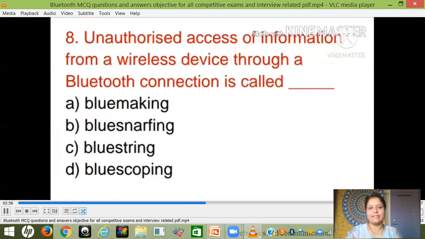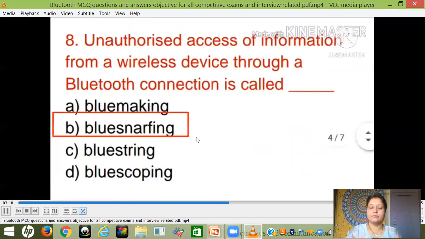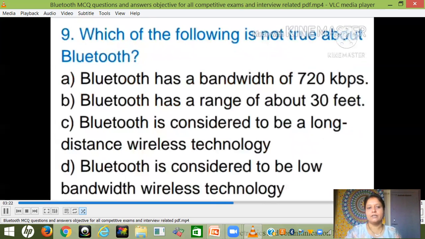आठवां प्रश्न है: Unauthorized access of information from a wireless device through a Bluetooth connection is called as what? यानी कि ब्लूटूथ के माध्यम से कोई आपके डिवाइसेस को एक्सेस करने की कोशिश करना, आपके डिवाइस को हैक करने की कोशिश कर रहा है, तो उस स्थिति में उस प्रोसेस को हम क्या बोलते हैं? तो उस प्रोसेस को हम ब्लू स्नैफिंग बोलते हैं, यानी कि ऑप्शन बी। यहाँ पर आपका बिल्कुल सही है जिसमें ब्लूटूथ कनेक्शन के माध्यम से भी आपके डिवाइस को हैक किया जा सकता है।